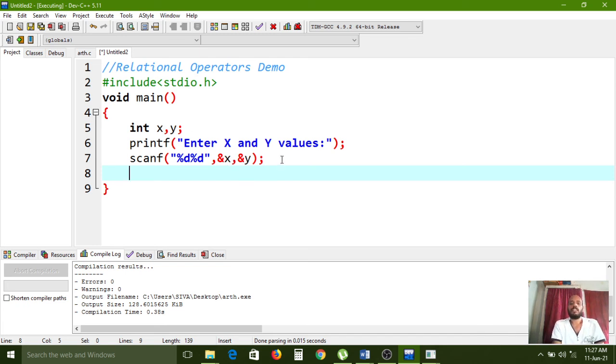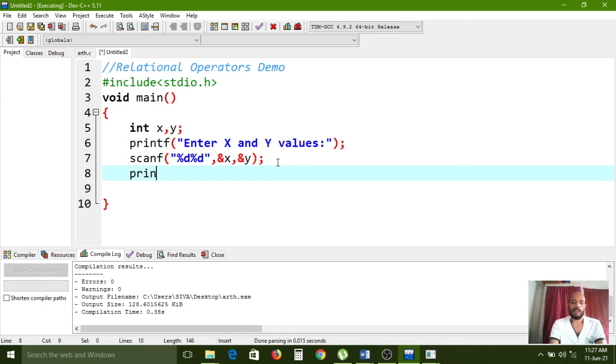Otherwise the compiler will return an error, because the C programming language is case sensitive. Whatever format you created the variables with, lowercase or uppercase, use the same case throughout your entire program. Understood? Right.